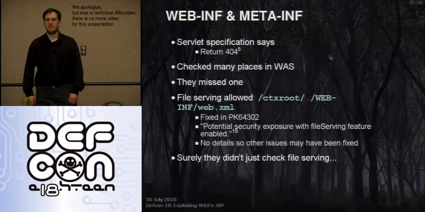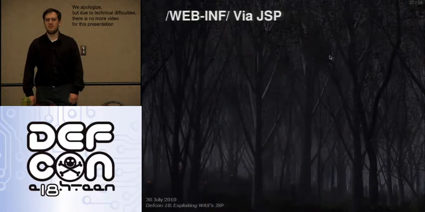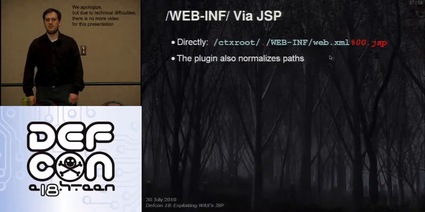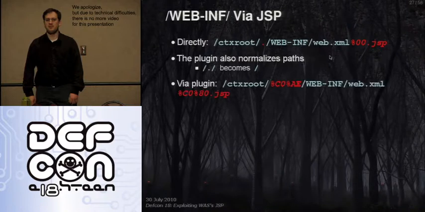So surely they didn't just check this in the file serving servlet. Well, yeah. If you do a /WEB-INF, you can actually get it through the JSP engine as well, which is obviously a problem. The plugin also, however, normalizes paths, so we have to play our encoding games again to get around that. But in which case, we can still go in and get the web.xml, the main configuration for your web application, by using %C0%AE, which is an overly long period in our path, which the plugin does not recognize, and then our %C0%80, which is an overly long null byte, and suddenly we actually get the